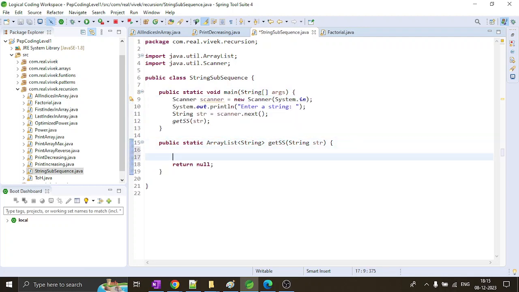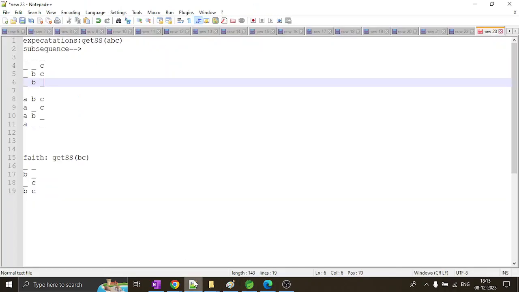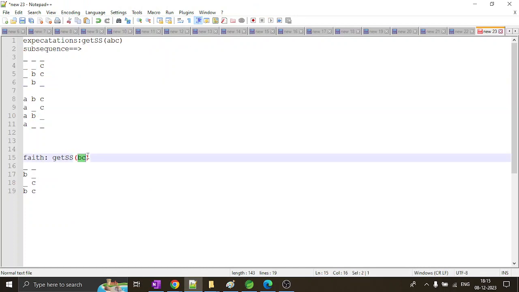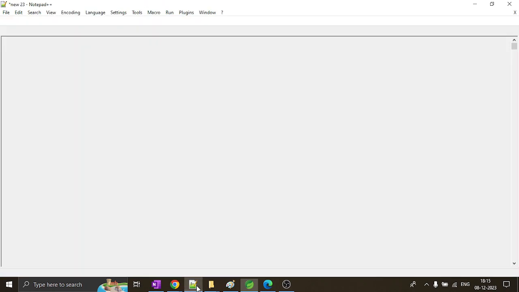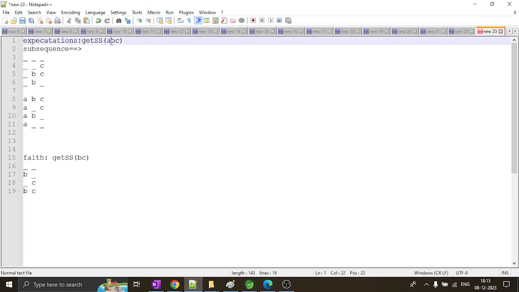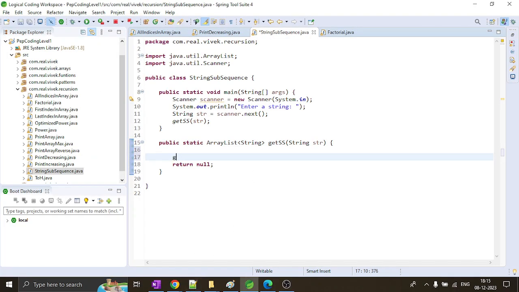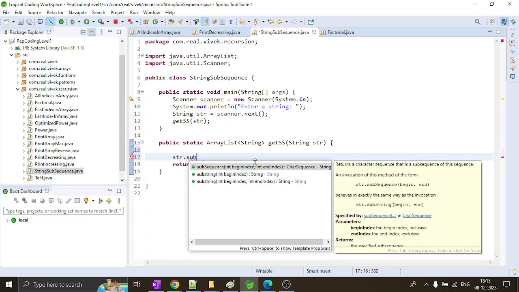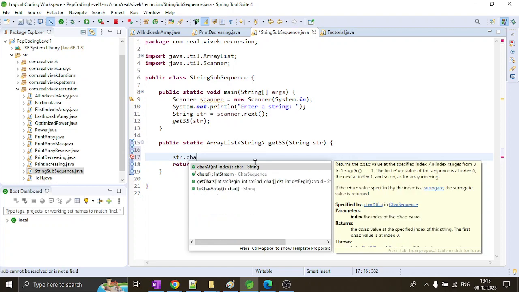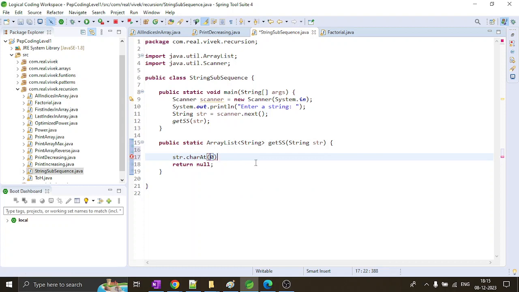So what do we have to do? We have to call this getSS with bc. So how will we get bc? We can use the substring function and get bc, right? But before getting bc, we'll have to remove this a that we have. So we'll have to get the a first. How do we get the zeroth index? So we have str dot substring, not substring, subsequence, or we can have str dot charAt 0. So this charAt 0 will give us,